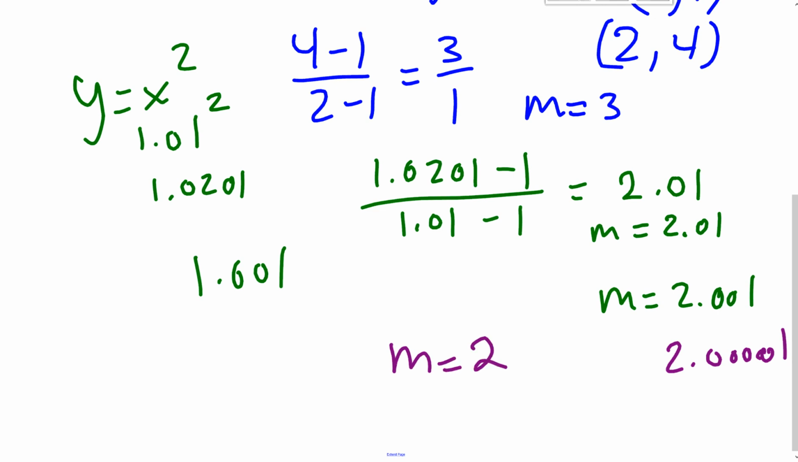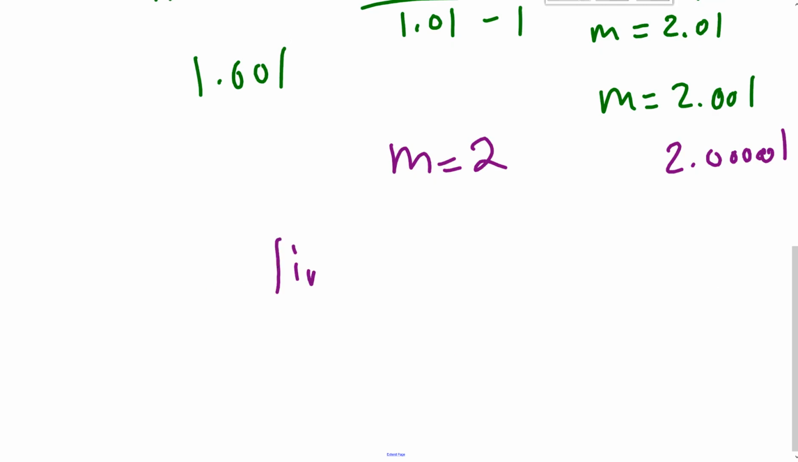So as I get closer and closer to my x, and I plug that in, get my y, I get closer and closer to this value of 2. So that's the idea of a limit. So the limit of my slope as I get closer and closer to the x value,